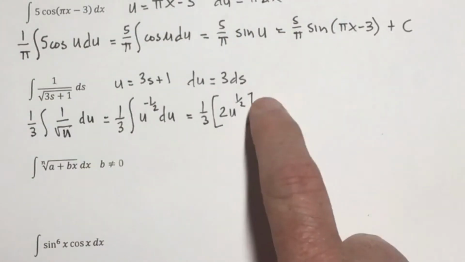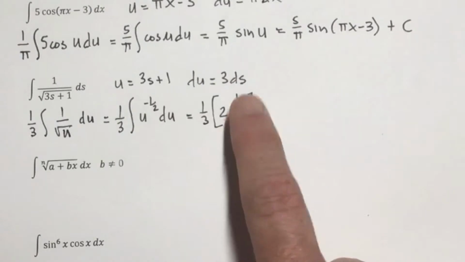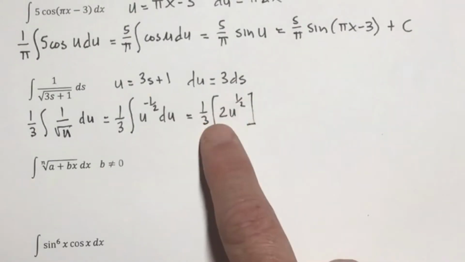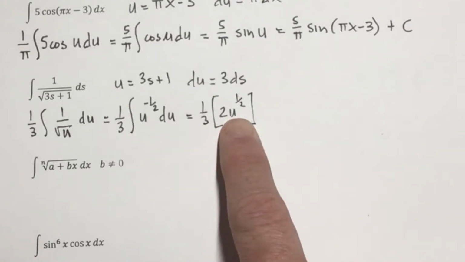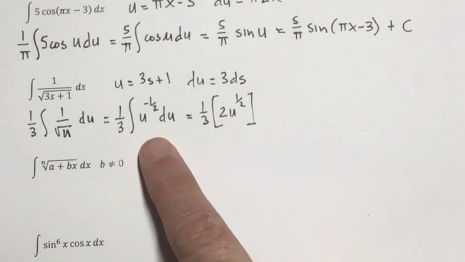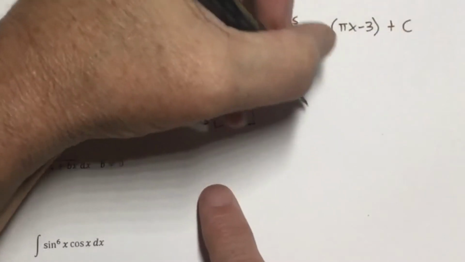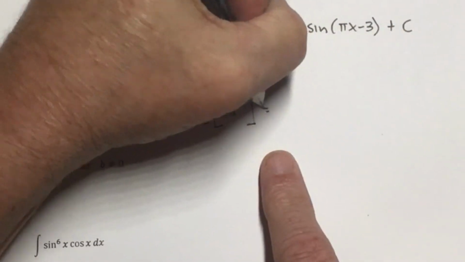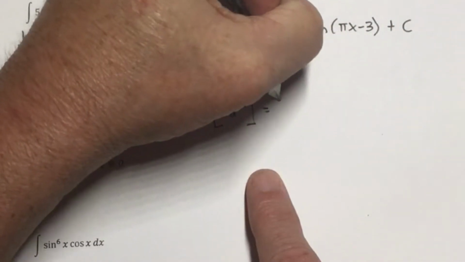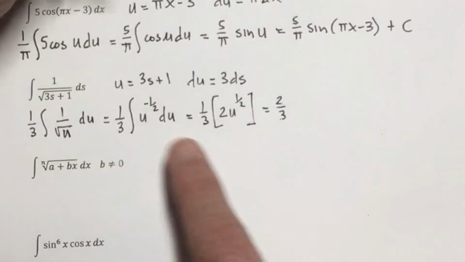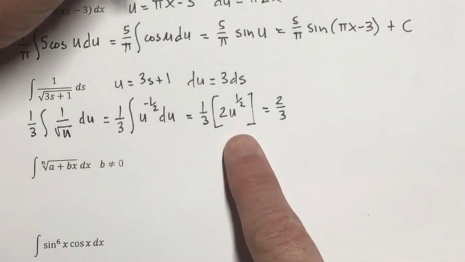Is that true? Sure. Because if I take the derivative of 2u to the 1/2, I bring my 1/2 down, 2 times 1/2 cancels out, that's gone then, and I just have u to the 1/2 minus 1, which is u to the minus 1/2. There you go. So once again, I'll simplify things to bring my 2 out, so I have 2/3, and substitute